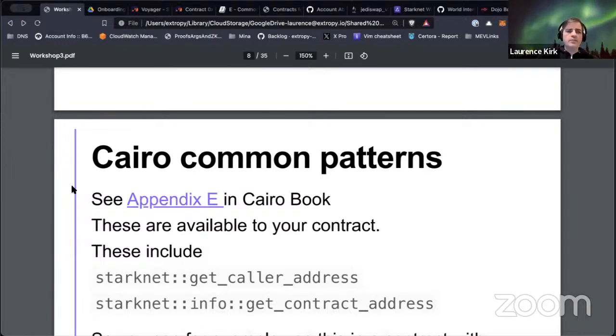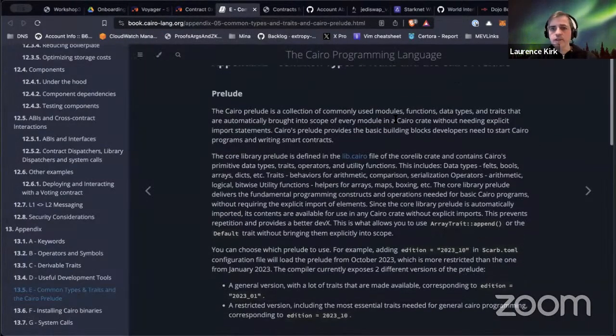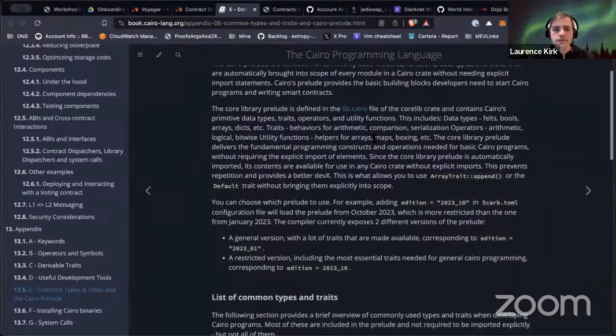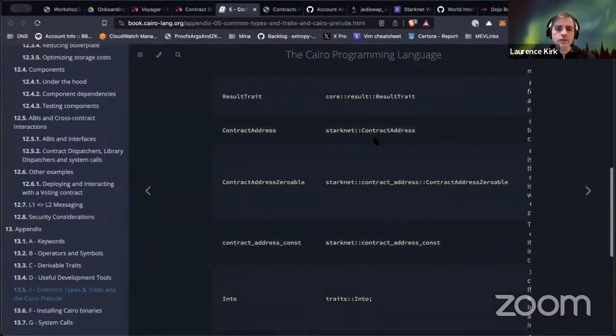There is an appendix within the Cairo book. The Cairo book itself is very useful. There's a lot of information in there, lots of examples, so it's worth having a look through that and having a look at the examples. And then in Appendix C, you can see there is a list of some useful traits that are available to your